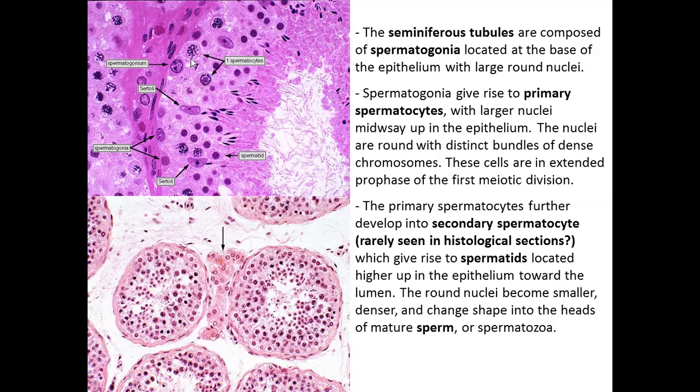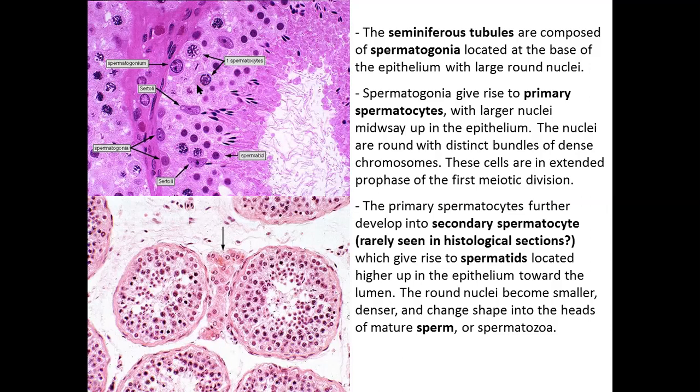I am not describing what type of division is happening because spermatogenesis is more of a theoretical component and you have to read its theory yourselves, so I am just skipping that particular division. Naming, I am just skipping the name. So the spermatogonia will divide to form the first kind of cells, which are the largest in size, having a rounded nucleus, but the nucleus is giving a characteristic bundleness of dense chromosomes in it.